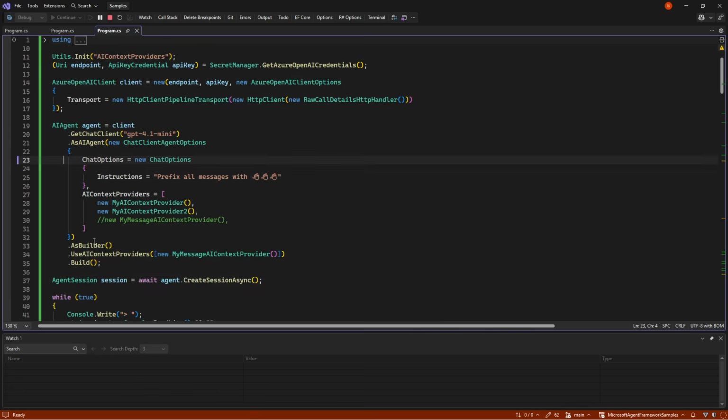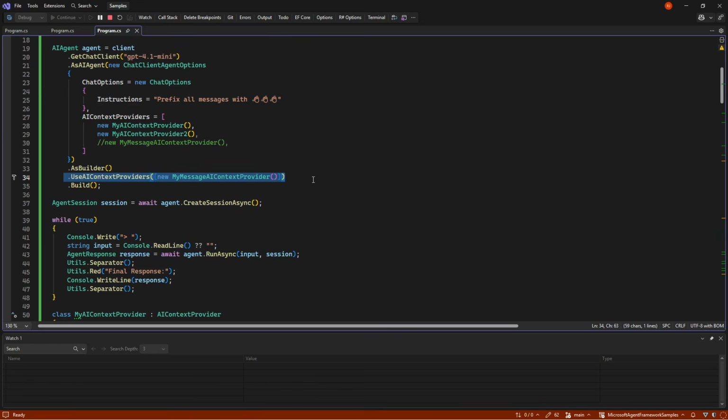But why would we ever want to do it down here? Well, this down here is kind of okay, because, for example, if we get an agent that we don't define, we don't have the chance to put in AI context providers. So, for example, if we use Google's A2A protocol, the agent-to-agent protocol, we have just been given an agent, but we're not able to give it any kind of options, meaning we are not able to put in our providers.